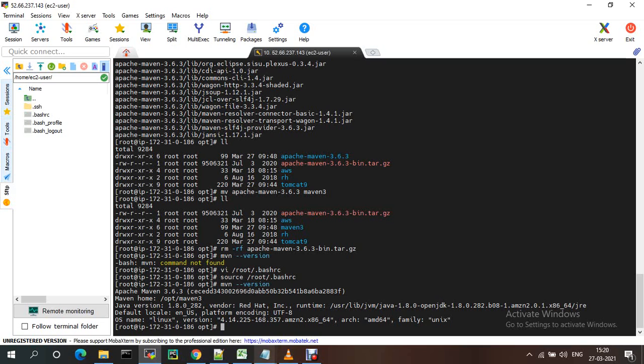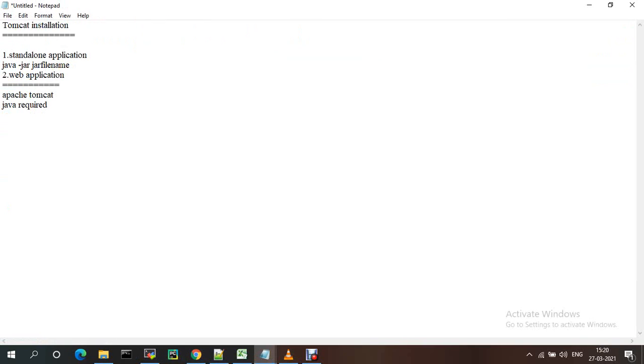We can create a new project, any application, in three ways. One is through Spring Boot Initializr. The second one is from the command prompt.